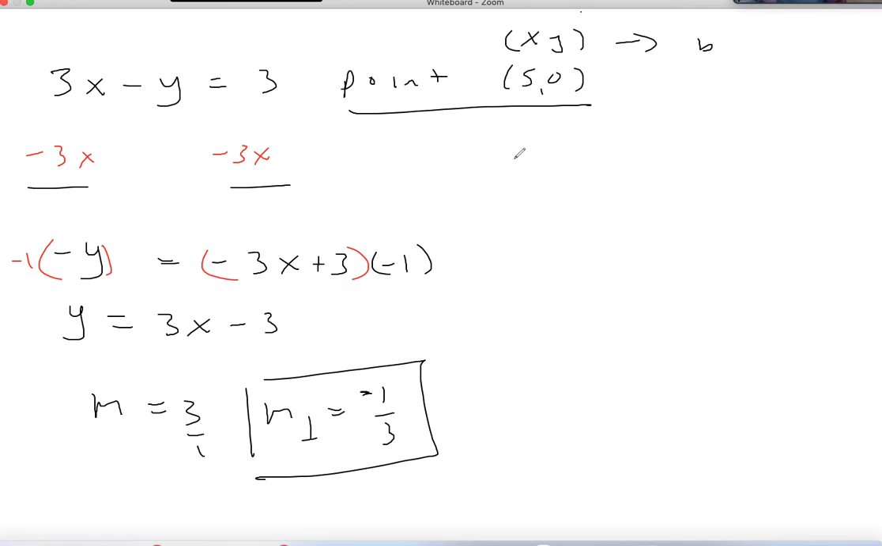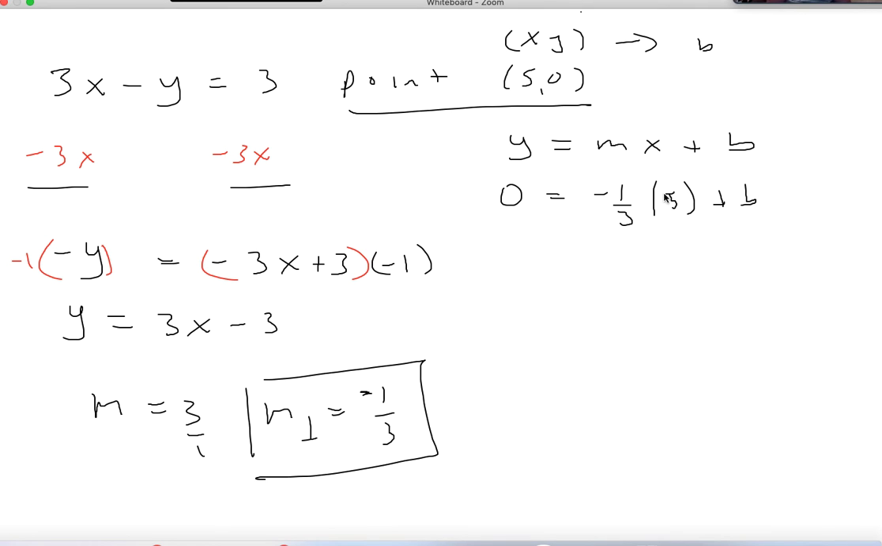I can do that a couple of ways. I'm just going to use y equals mx plus b because I don't have that much room over here, but you could also use point-slope form if you preferred. And so right here we would have y is 0 equals m, that's negative 1/3, x is 5